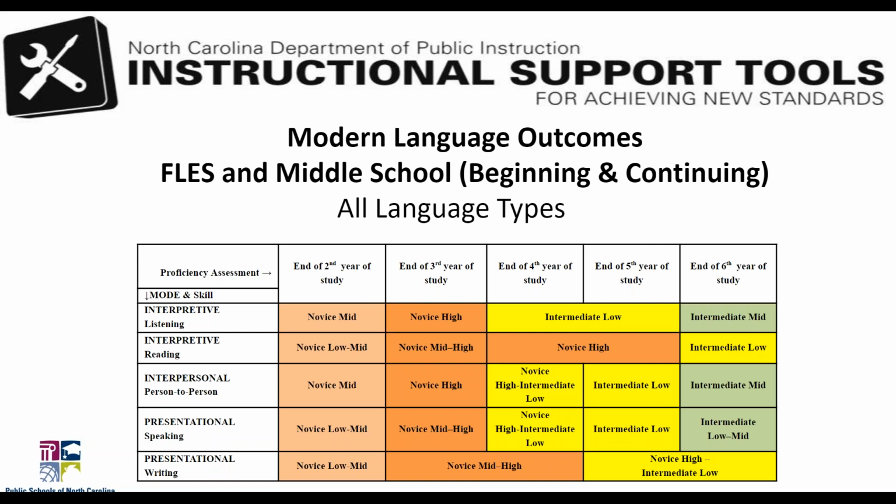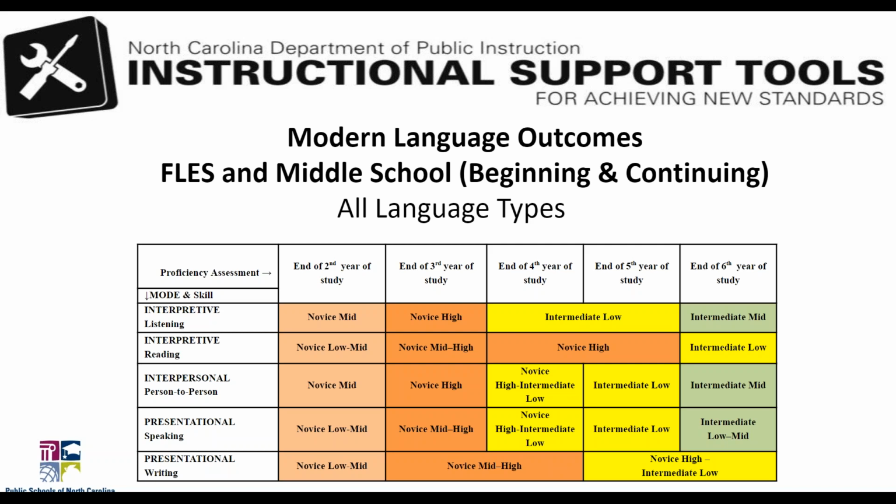Part of that is the color coding on the chart, and part of it is the knowledge you have already about our proficiency levels and sublevels and how that might look. So notice this chart, like I said, is really a K-8 chart, either for FLES or middle school beginning and continuing courses. And we know that particularly in these grade levels, there are multiple entry points. So you might have a modern language program that begins with all kindergartners, or you might have a modern language program that doesn't begin until 4th grade. So again, we look at how many years of study total a student has had to base our proficiency outcomes on.